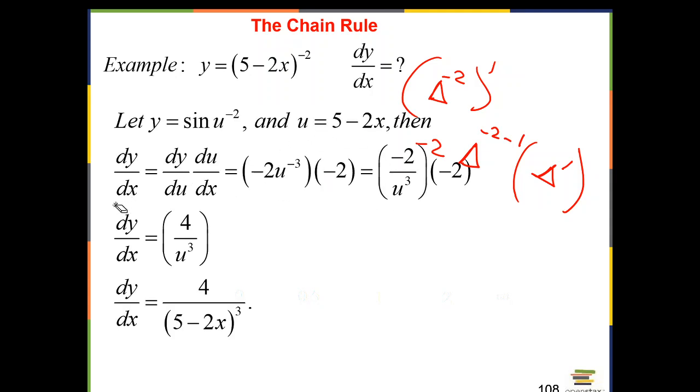Again, you don't have to go through all this. You just do what I just did, right? So what's the derivative of that? Derivative of that